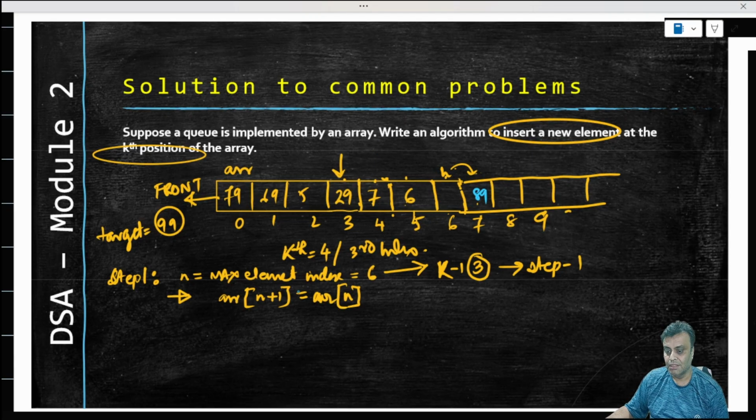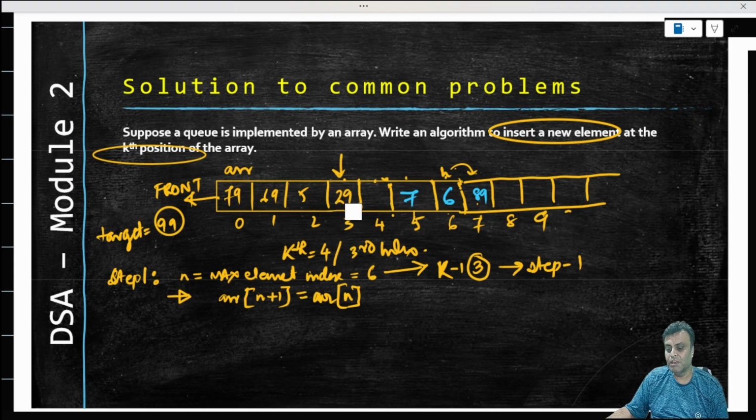Right? Next, the loop will go to step minus 1. Max index has moved to 5. It started with 6, step minus 1 means it will move to 5. And at the fifth position, so 6th position will be equal to the 5th position. So we will be having 6 here, and this will become empty. Now it will become 4, and that 4 plus 1 is 5. 4th position rather, 7 will move forward, and this will become empty. And then